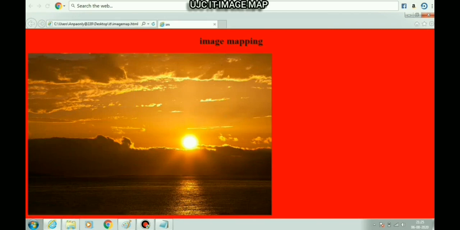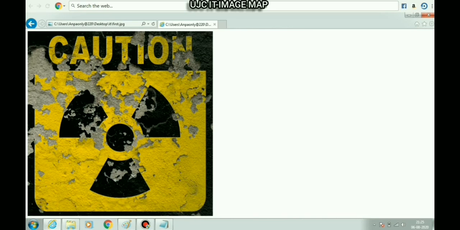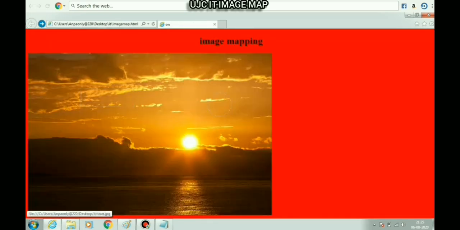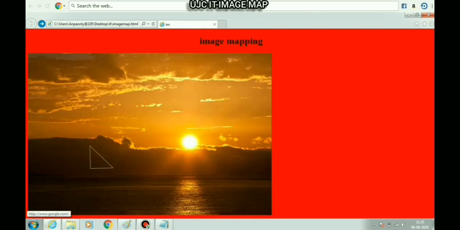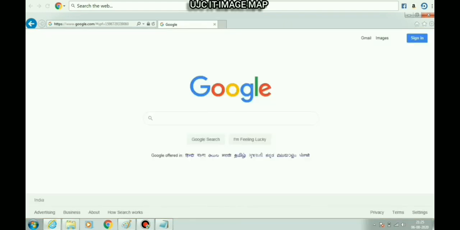When you click on the rectangle region, you will get the first.jpg image which is already present in our folder. When you click on the circular region, you will get the start.jpg file. And when you click on the polygon region, you will get the google.com web page.